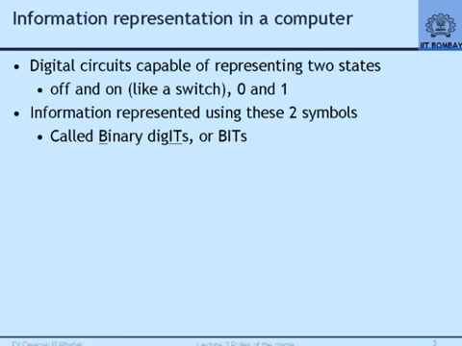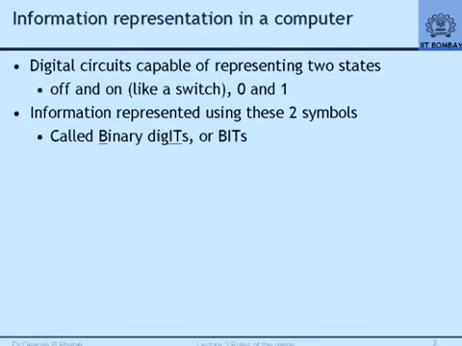The digital computers, on the other hand, consist of digital circuitry, and digital circuits are characterized primarily by the fact that they can represent two distinct states in which, let's say, electrons flowing through the circuits can exist, which are distinguishable. One is called the on state, the other is called the off state. It's just like a switch on, switch off. If you switch on, the bulb will light, switch off, bulb will go off, roughly equivalent. And therefore, traditionally, these two states have been used to represent two symbols. Numerically, they correspond to 0 and 1.